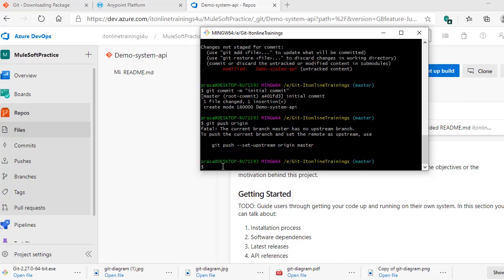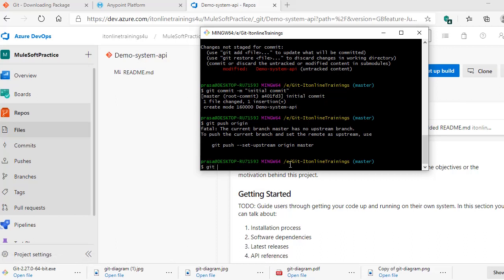To do that, we can use git push origin. Before that, we need to add this origin to our system. Origin is nothing but the central repository. We need to add the central repository branch here.